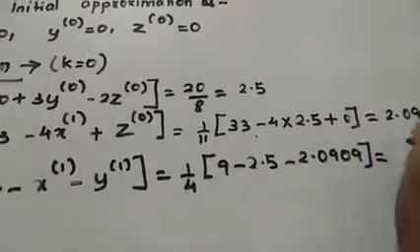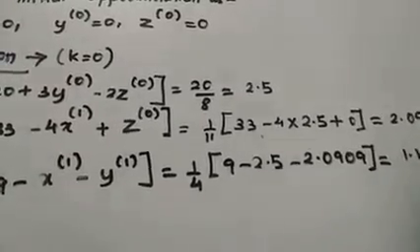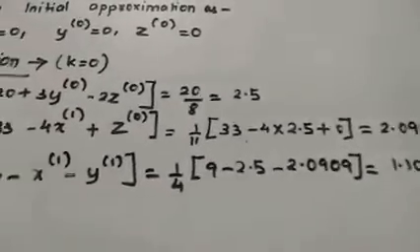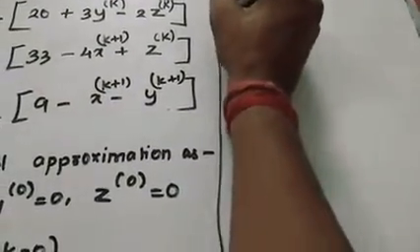2.0909. So what we get after solving this? 1.1023. Okay, so this is all about the first iteration. Now we go for the second iteration. I hope it will be covering this space. Okay, second iteration,